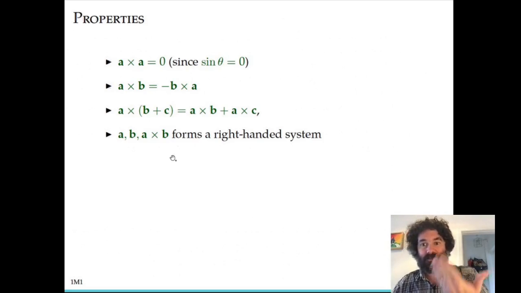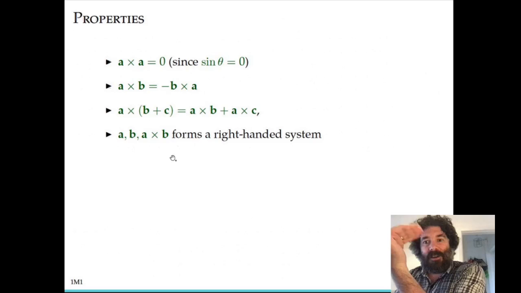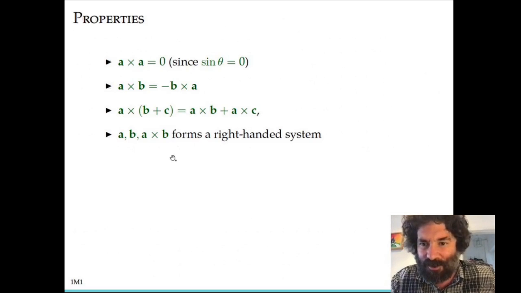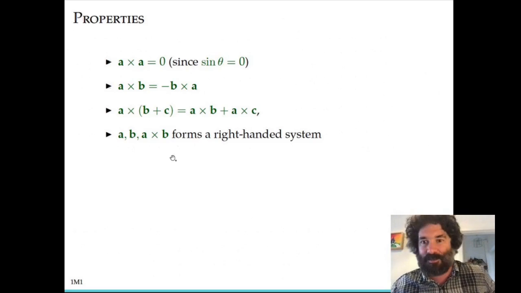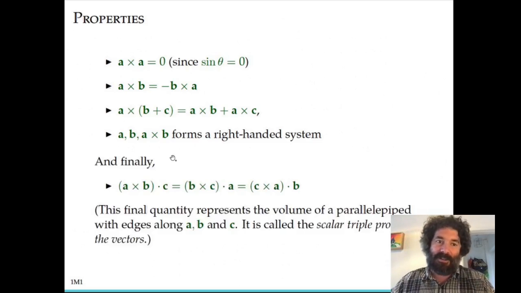So if I curled my fingers this way, then my thumb would point forward. Try that with your own right hand and left hand, and you'll see what I mean by that. It's a bit difficult to visualize probably when I'm doing it. All right, finally,